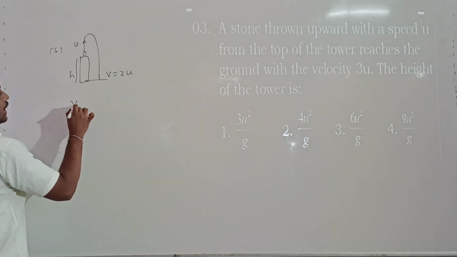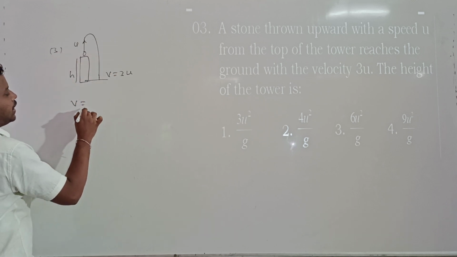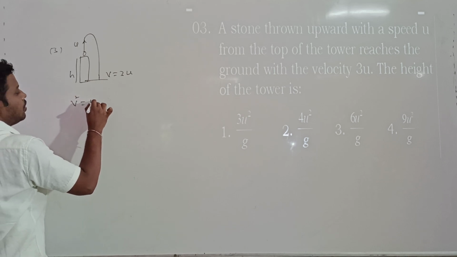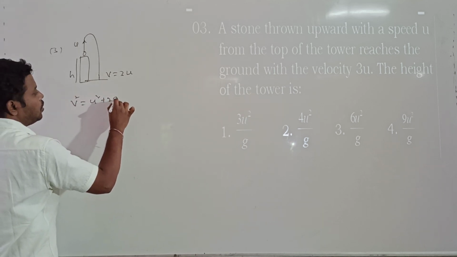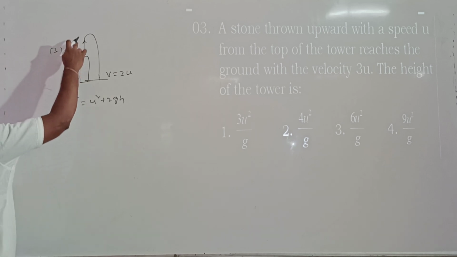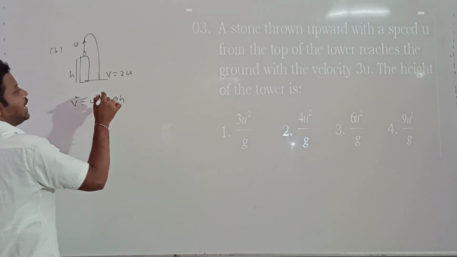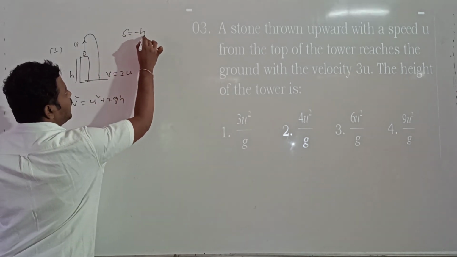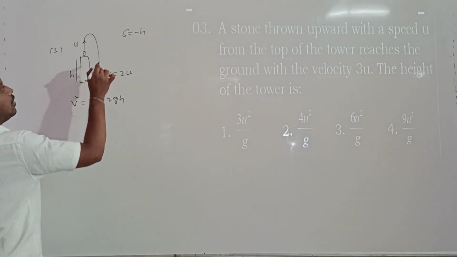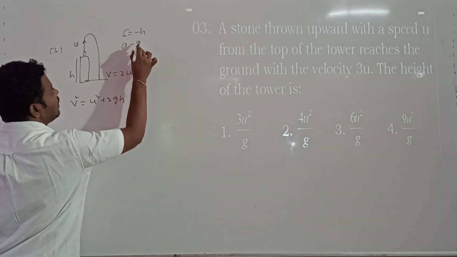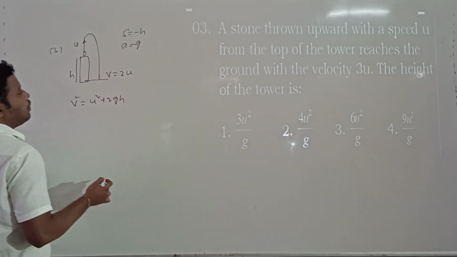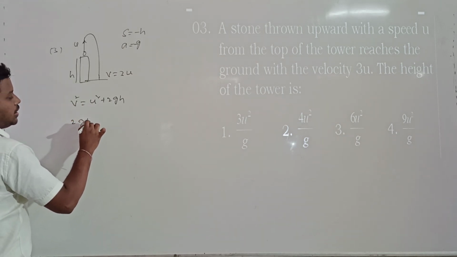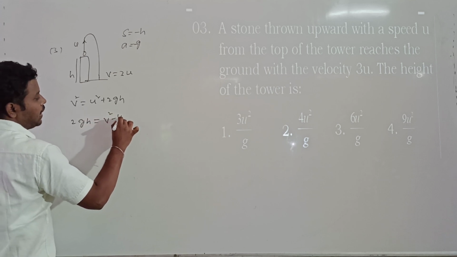What is the formula for final velocity of stone which is projected vertically upwards? So v square is equal to u square plus 2 into g into h. Though here the body is projected vertically upwards, so we will get net displacement value. Net displacement value, how much? S is equal to minus h. Substituting s is equal to minus h, a is equal to minus g, in the formula v square minus u square is equal to 2as, then what I will get? 2 into g into h is equal to v square minus u square.